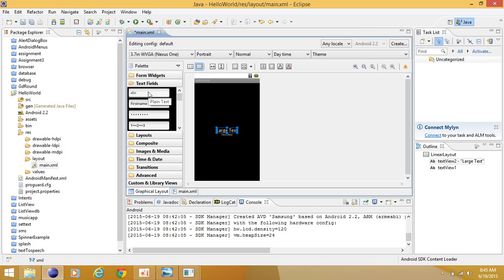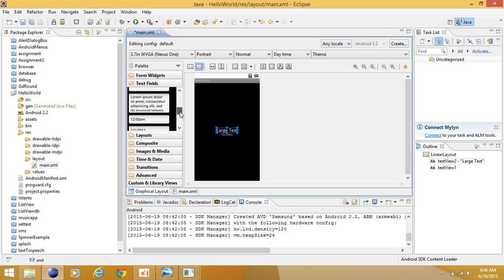Text fields. This is a plain text. This is the person name, with first name and last name both included here. Now we have to give a password for sign in and sign up, so we have this menu. Again, a password for numeric only. Email IDs, phone number, address.